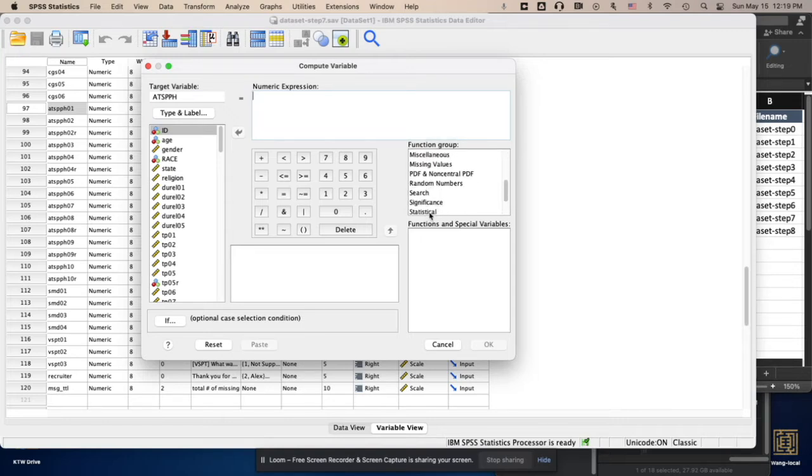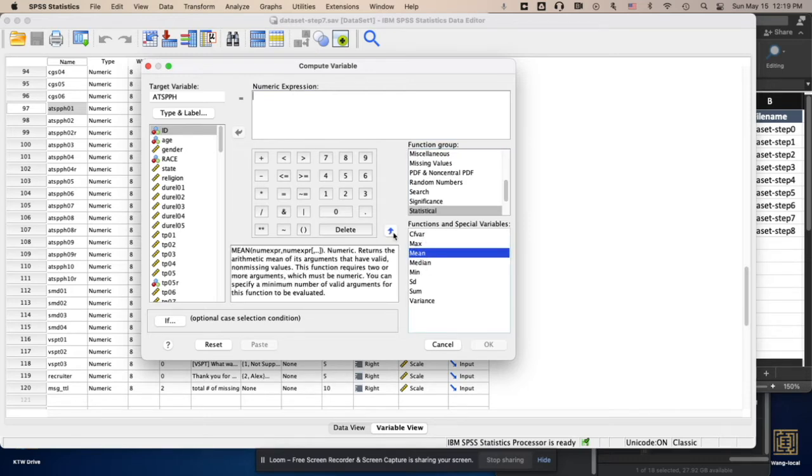So I'm going to go to Statistical here, and it'll give us various statistical functions. So I'm going to select Mean and push it over here. So I have that. And then here, I'm going to move the 10 items that belong to this scale. So it's 1, and 2, we want to use the recoded score, and 3, 4, recoded score,